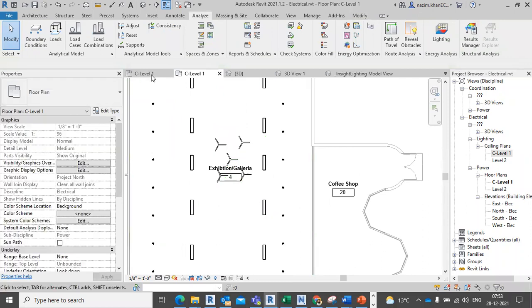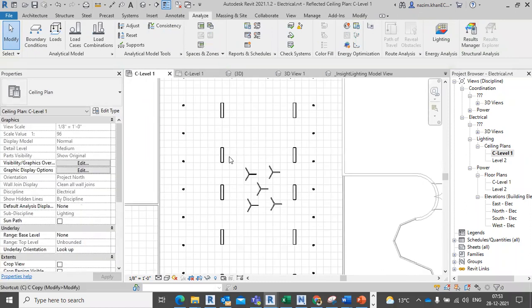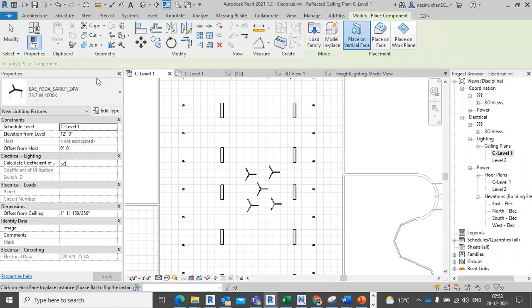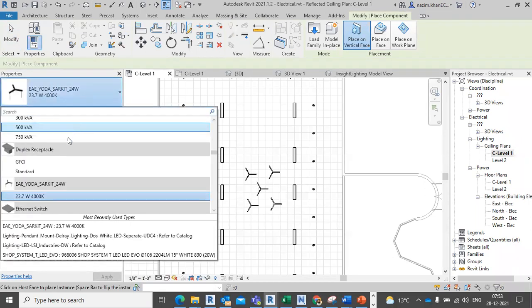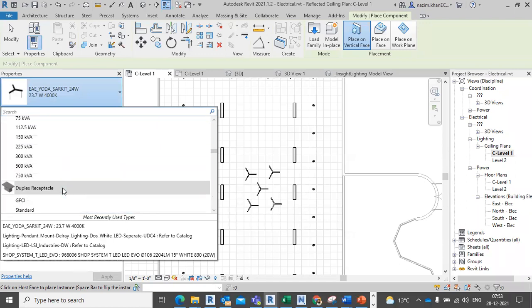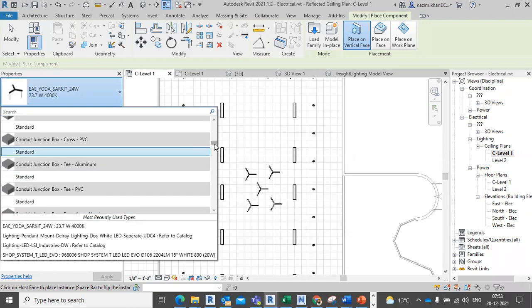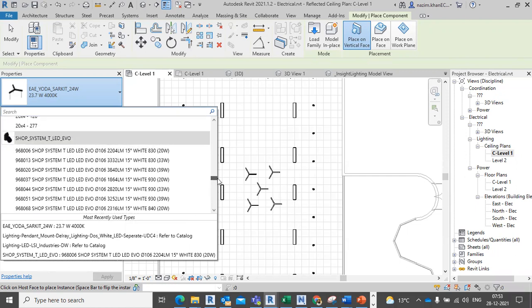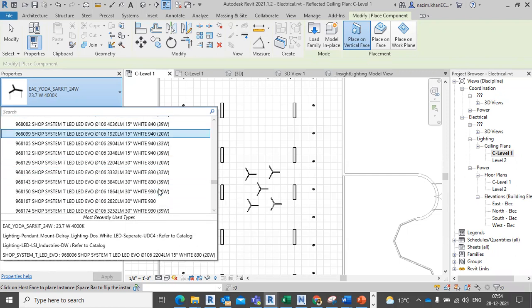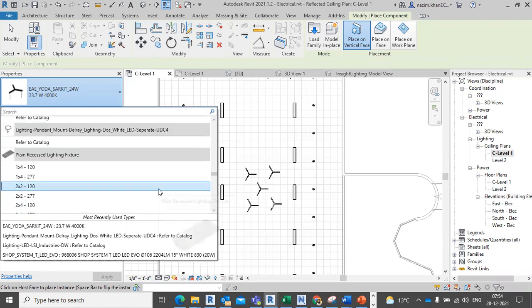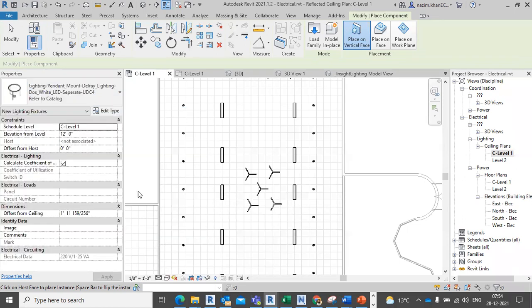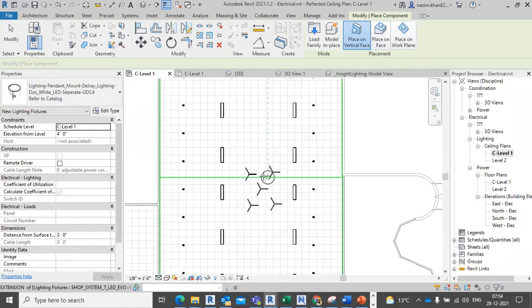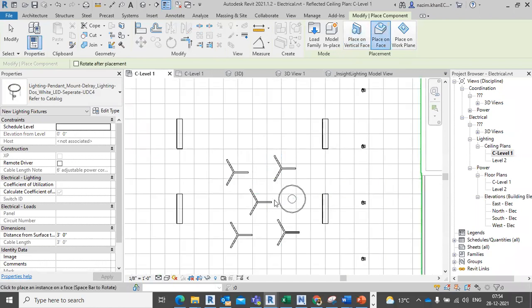And then we go to ceiling because lightings will place in the ceiling, because of the host also, because these are hosted families. I think this is independent. So on host, if we correctly place here,